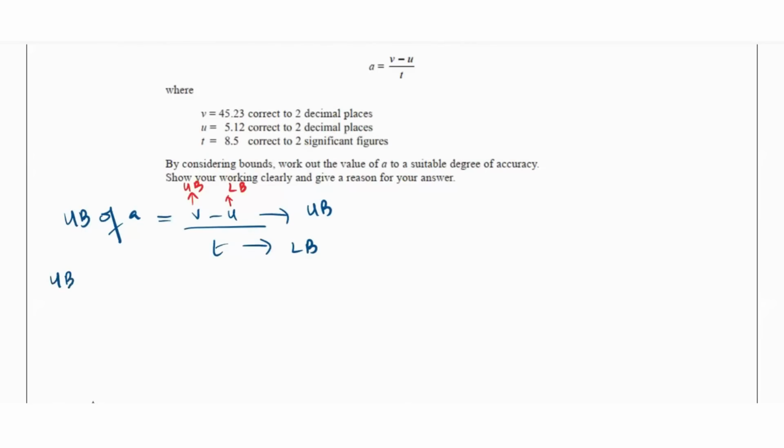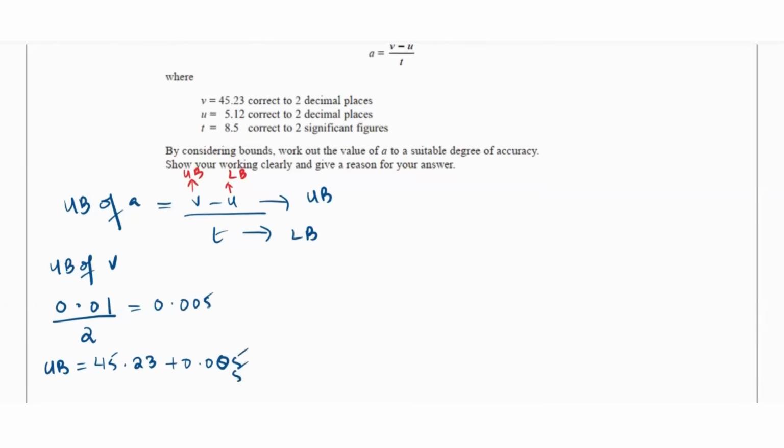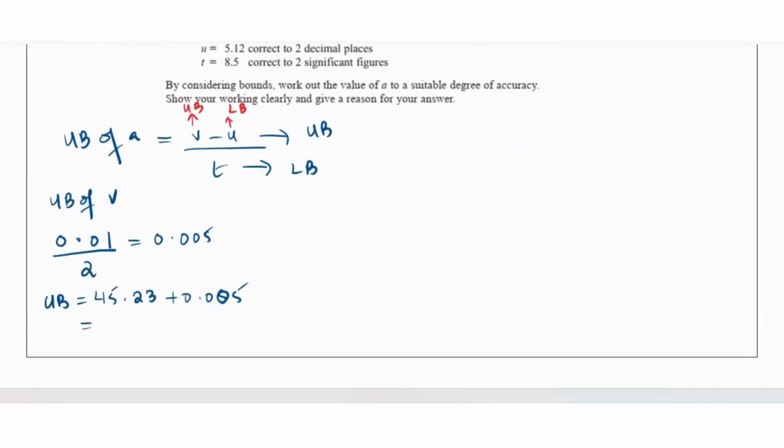So the upper bound of V is 45.23 correct to 2 decimal places. If it's 2 decimal places, that means our degree of accuracy is 0.01. You divide your degree of accuracy by 2, which gives us 0.005. And for the upper bound, we will add the degree of accuracy to the given value for V. So 45.23 plus 0.005, which is